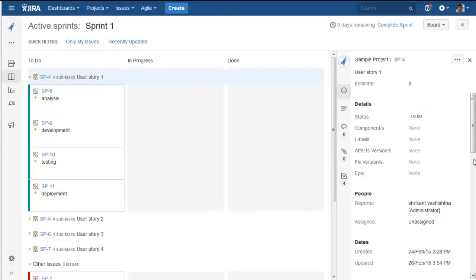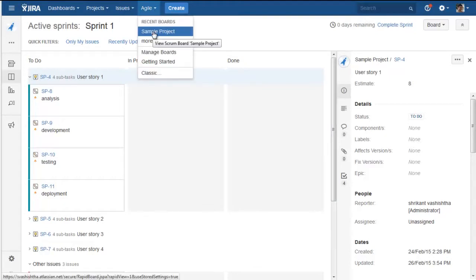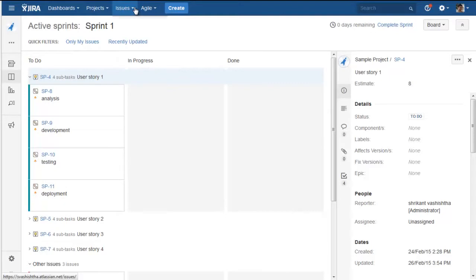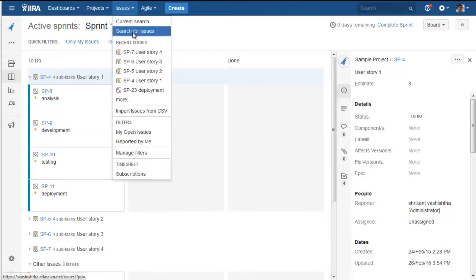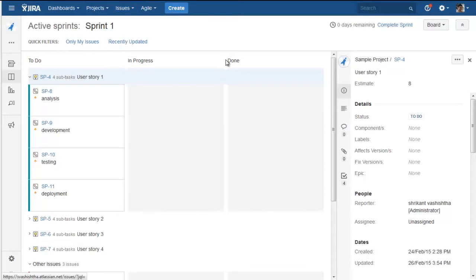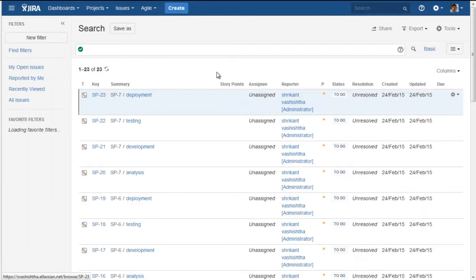So, in order to print the index card, the first step is to make sure that I'm able to export the sprint 1 issues into an Excel file. In order to do that, I need to search the issues for project sample project,